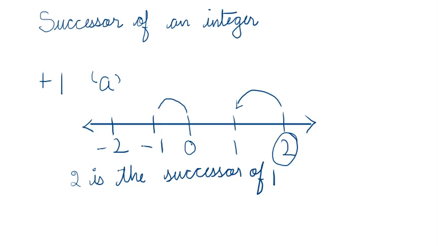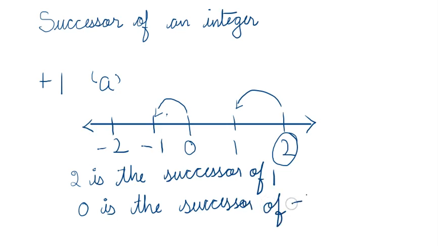-1 is to the left of 0. So 0 is the successor of -1. Okay, so now since we have seen which is the successor and predecessor, it will be easy for us